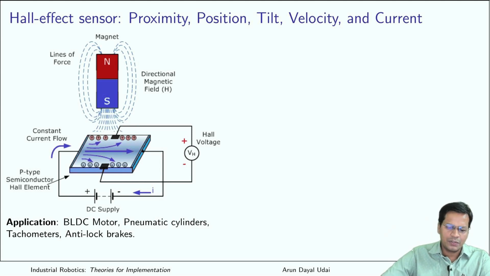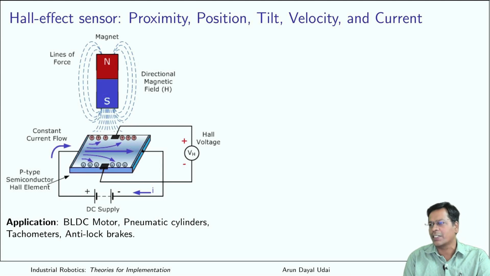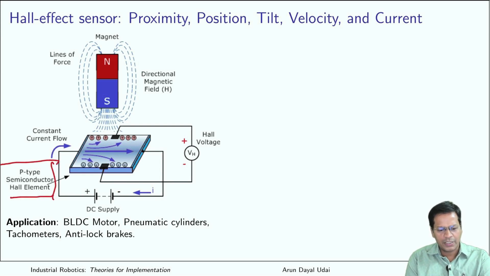There are many materials which can be used as Hall effect sensing materials. A few of them I will mention here. Let us first understand the principle, how it is physically arranged. You have a p-type semiconductor which is called a Hall effect element, and it is made to carry a constant current